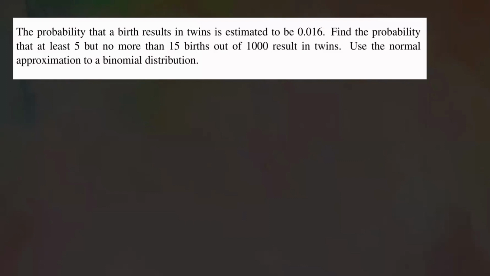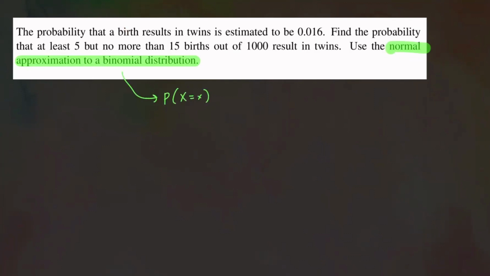Suppose the probability that a birth results in twins is estimated to be 0.016. Find the probability that at least 5, but no more than 15 births out of 1,000 result in twins. Use normal approximation to binomial distribution. So we know that for binomial, you'll find the probability of some event x, let's say